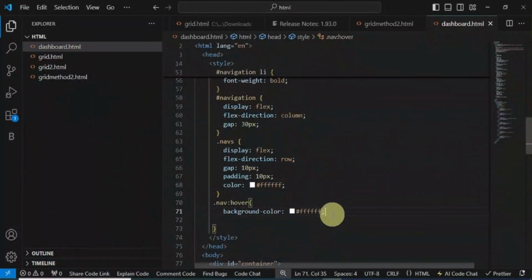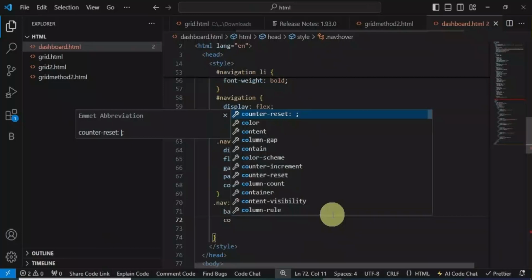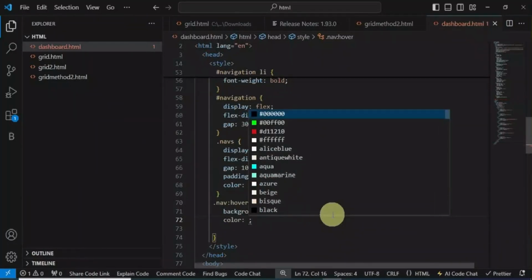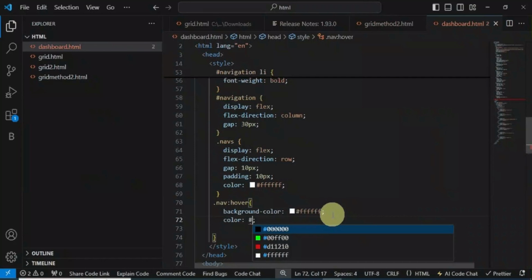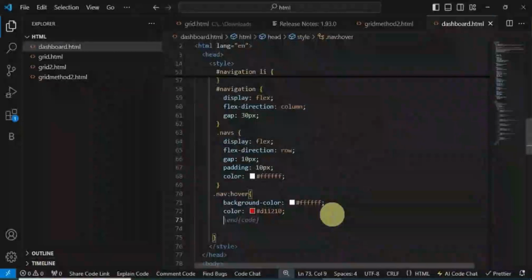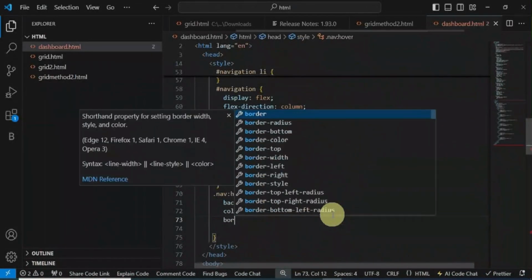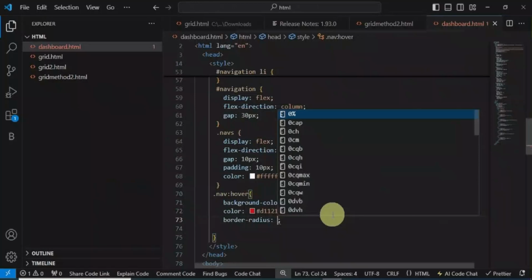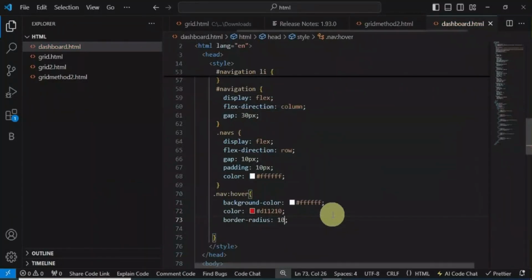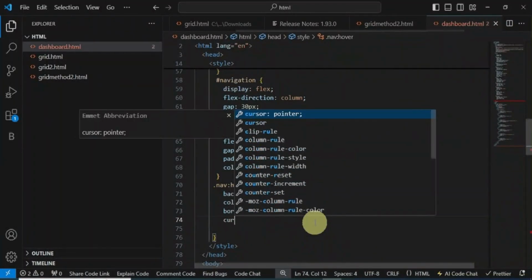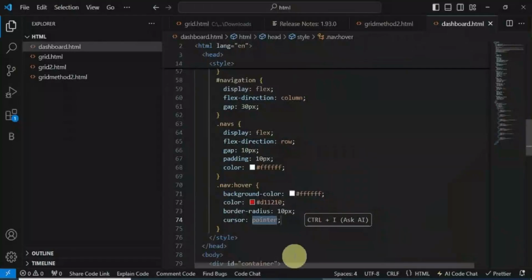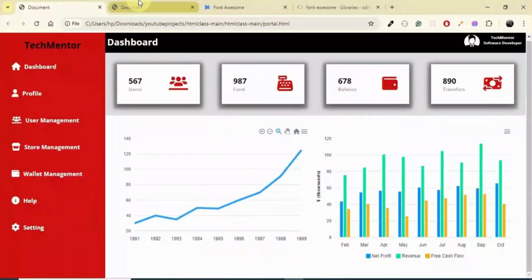And then we also want to change the color to red. In our case, it's D11 colored previously. Okay, so we also want to change the border radius to 10 pixels, right? I also want to change the cursor, the pointer, right? So if I go back to our code, our project,